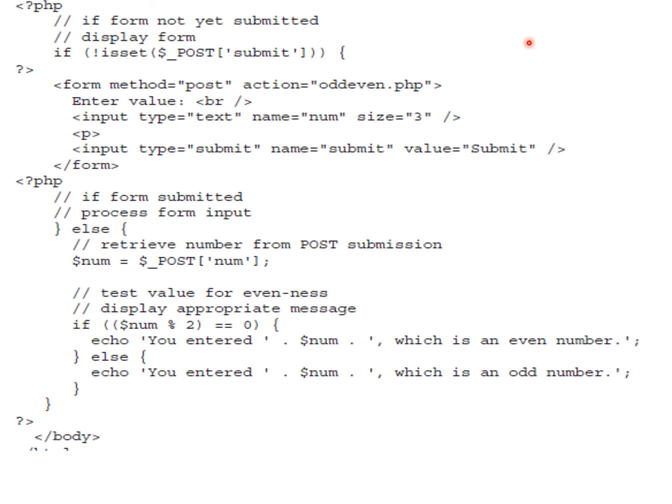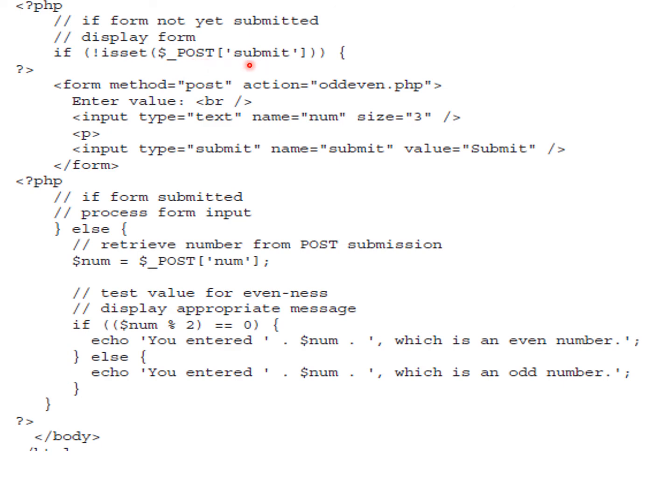Here we have a sample PHP code. We can have a look at this particular sample code. This is the start of PHP scripting. Then, if not isset of $_POST['submit'].